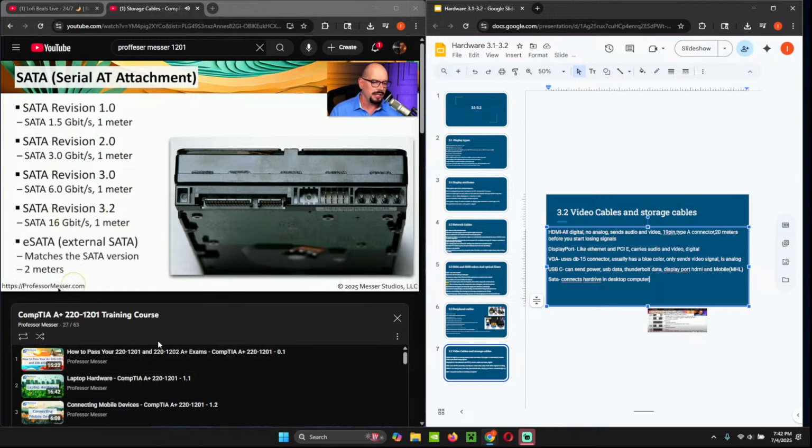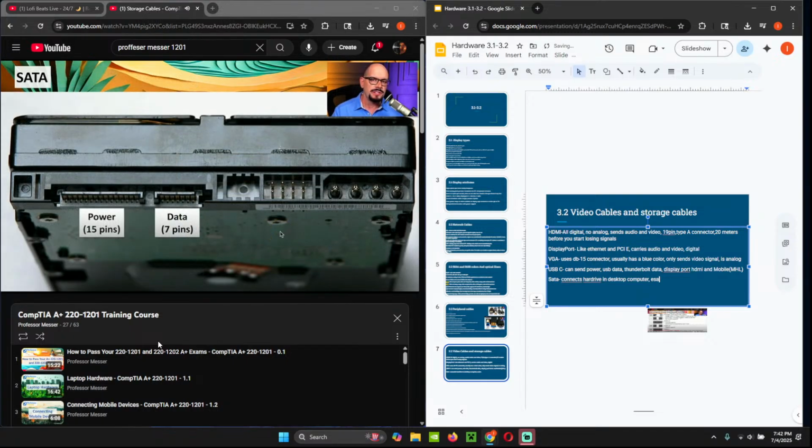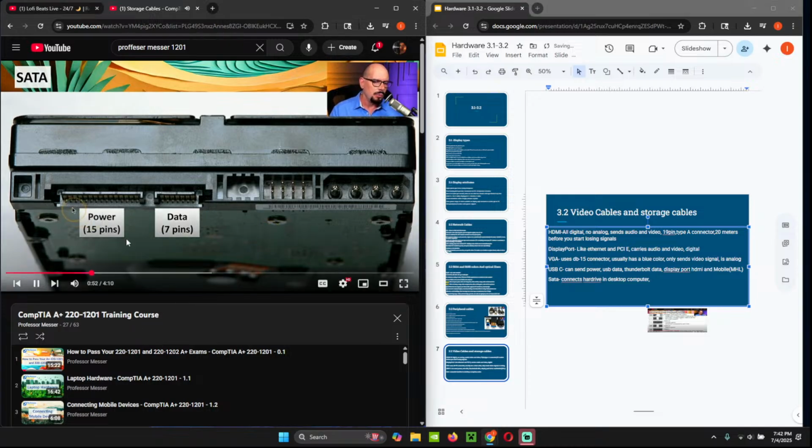And there's an external version of SATA known as eSATA. It's very similar in functionality to the internal version of SATA, and it supports connecting an external drive over a cable that's approximately 2 meters in length. The SATA standard supports 2 physical connections on the back of these storage drives, one that is